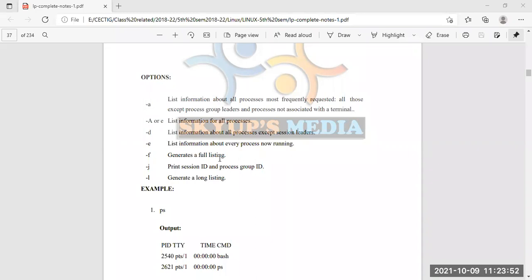So these are the options available under PS, which helps us monitor the status of the process.